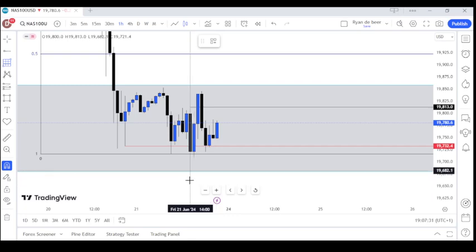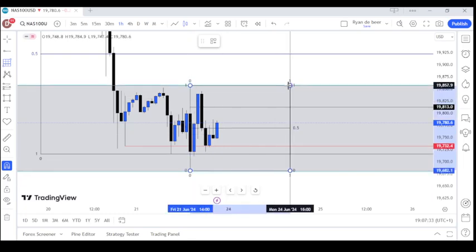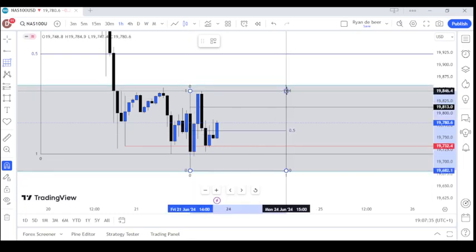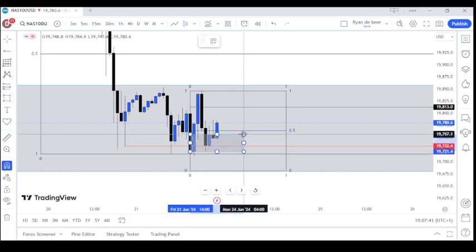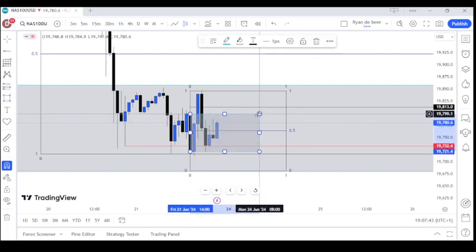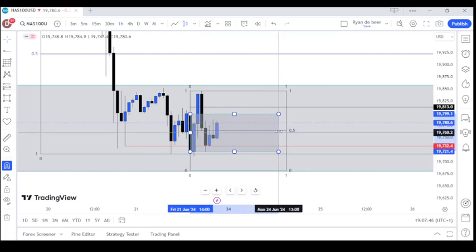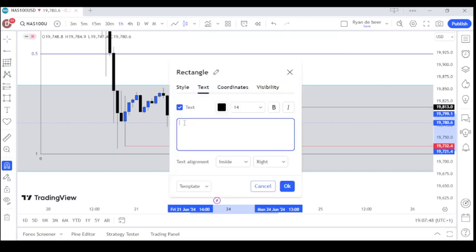If you take your Gann box once again, mark from that low to that high, we can see price hit equilibrium as well. We filled in our bullish 1 hourly order block, and a break of structure to the upside